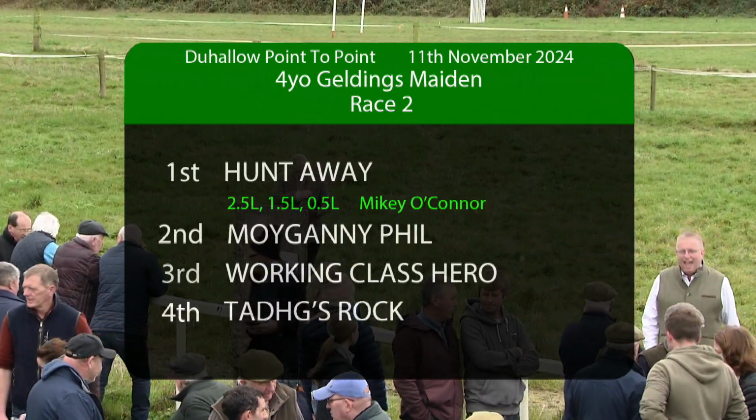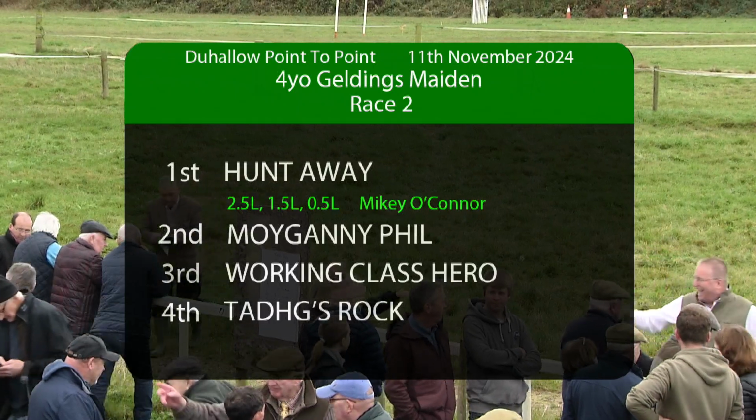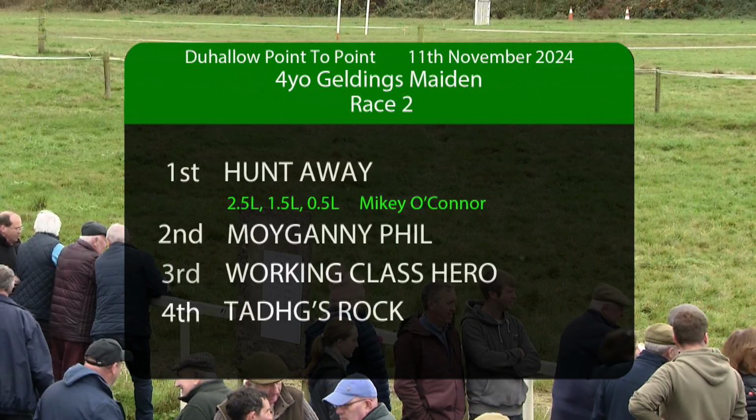The third race, the Gain Equine Nutrition 5-year-old Mares Maiden. There are 6 runners. The runners and riders, 1 Mr. A. O'Sullivan,